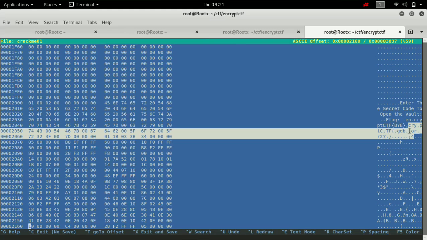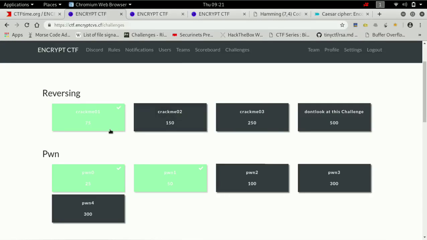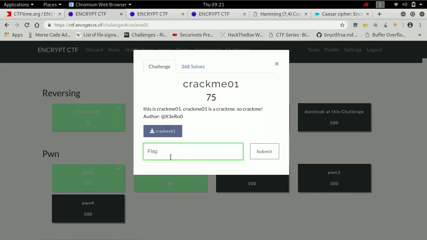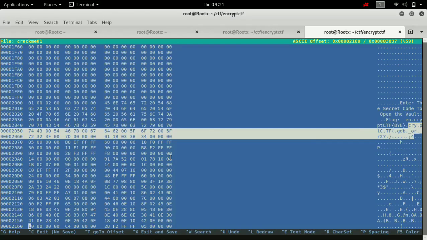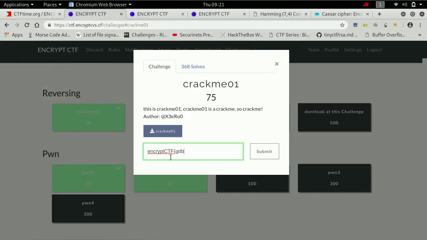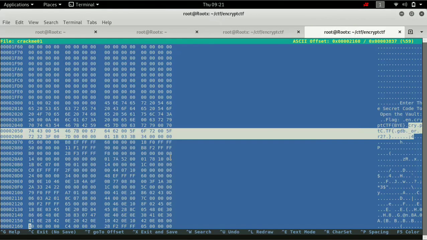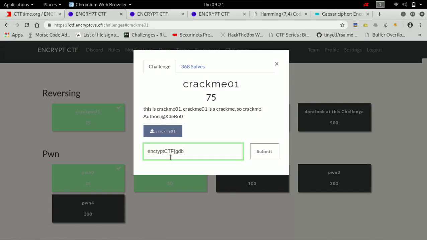This is the flag. Underscore R underscore R2.